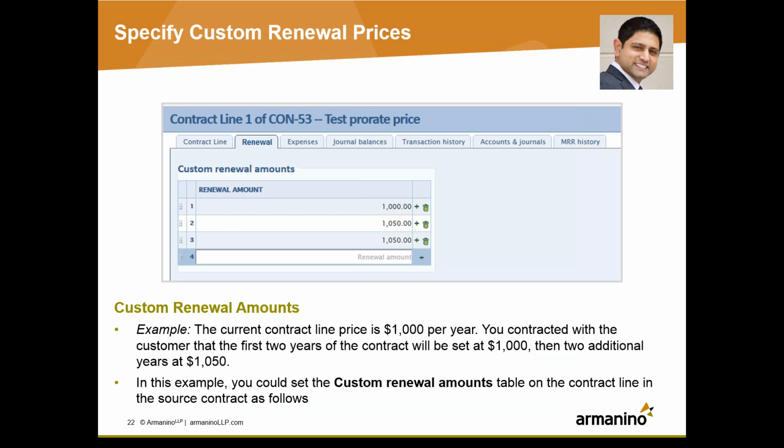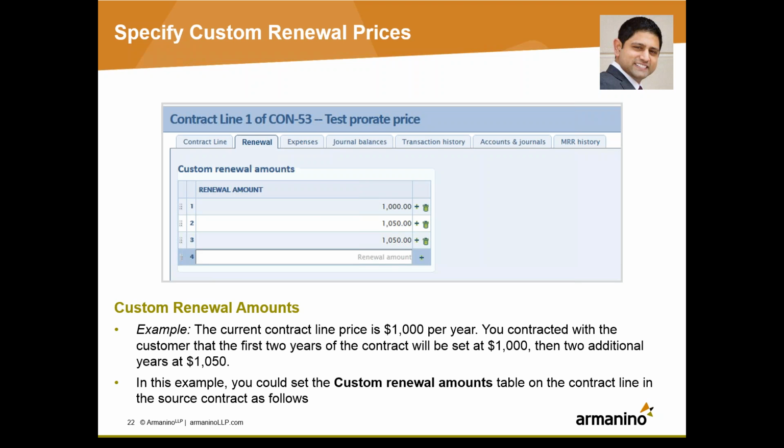There are as well a few different sets of flexibilities for what the renewal amounts should be. So as you can see in this example, let's just say that first year contract is $1,000 per year. However, the next 2 years after that are going to be $1,000, $1,050.